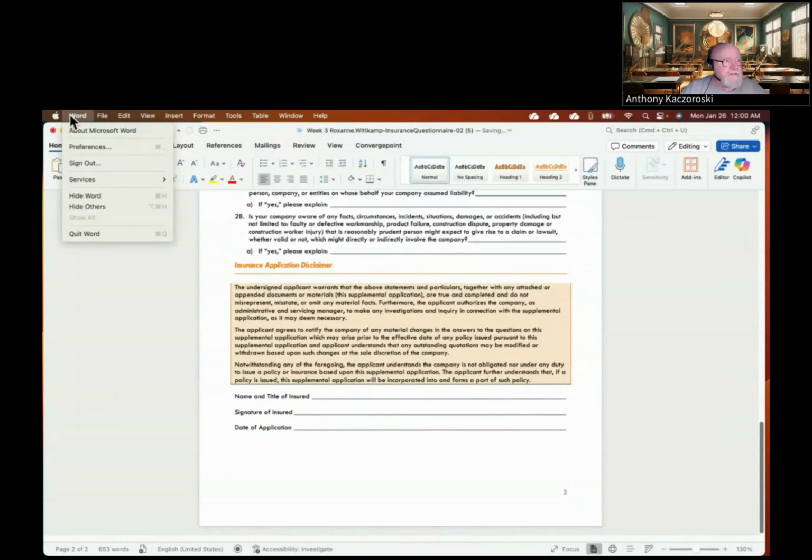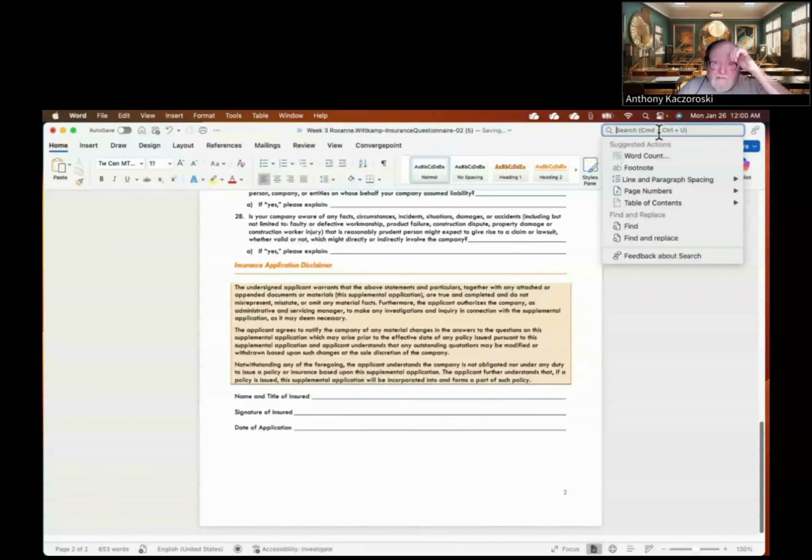Okay, there's our search in text. And we want to type